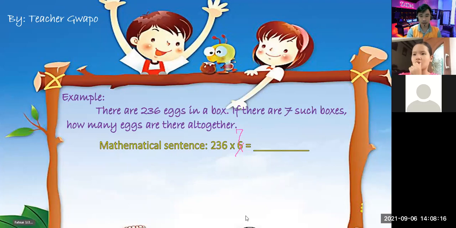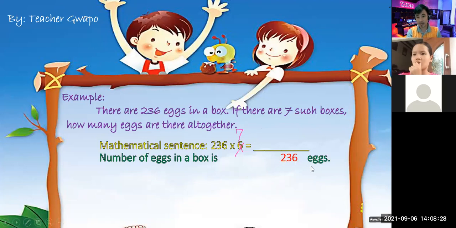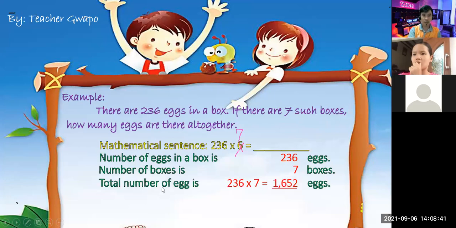Okay. Now, next one, we will write here the number of eggs. As we see in the problem, the number of eggs in a box is 236 eggs, right? And then number of boxes, how many boxes? There are 7 boxes. Now what we need to do is just multiply. So here the total number of eggs is 236 times 7 is equals to